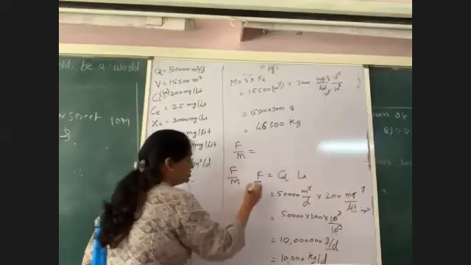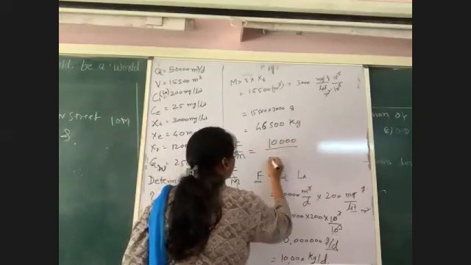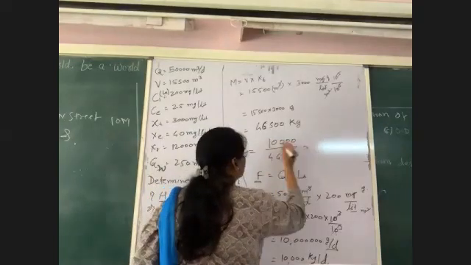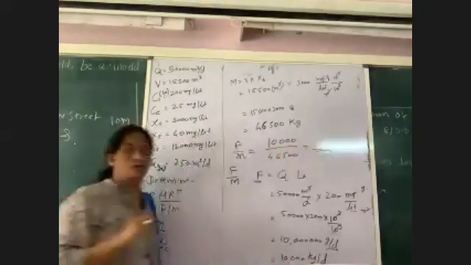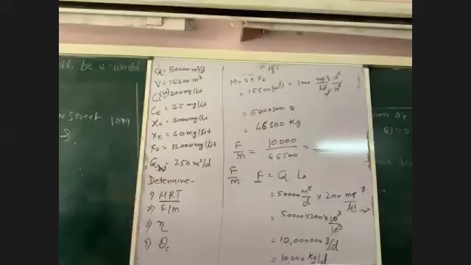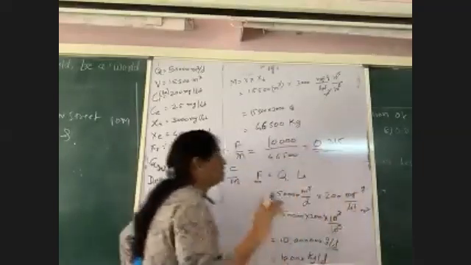Now you can calculate and write the final answer. F by M ratio. F is equal to, what is the F? 10,000 divided by M, which is 46,500. Calculate and tell me, it is the ratio. So there will not be a unit for that ratio. Or we may write usually, yes, 0.215. And how we write the F by M ratio, that I will tell you.